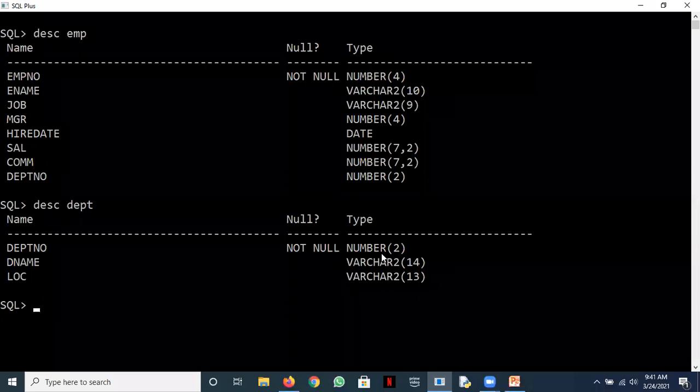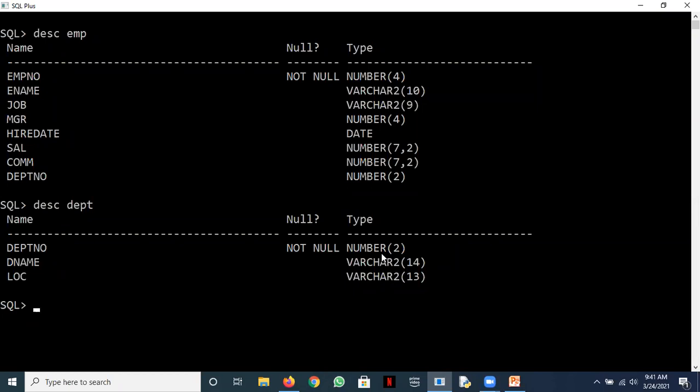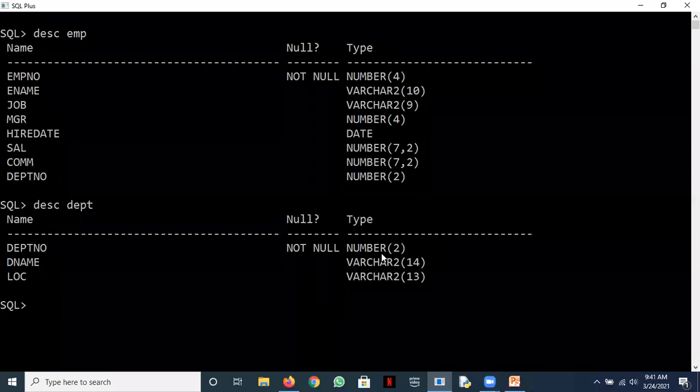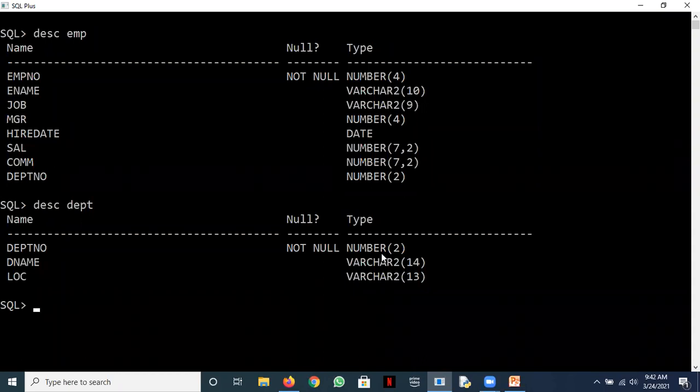I told you for most of your problems in joins, in normalization, you should be relying on these tables. These are good tables for practice. The emp table you see has the columns emp number, ename, job, MGR, hire date, sal, comm, department number. And we also know that MGR number is the employee number of the employee who is the manager of a particular employee.